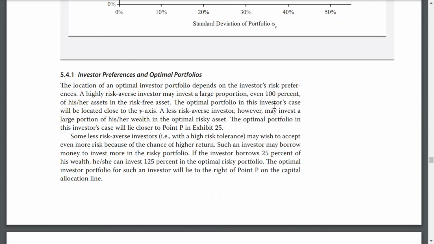A less risk-averse investor, however, may invest a large portion of his or her wealth in the optimal risky assets. The optimal portfolio in this investor's case will lie closer to point P. In Exhibit 25, some less risk-averse investors may wish to accept even more risk because of the chance of higher returns. Such an investor may borrow money to invest more in the risky portfolio. If the investor borrows 25% of his or her wealth,